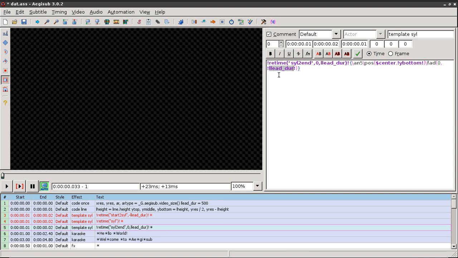The duration for the fade out is the lead duration, and no fade in. And in the start to seal, I will create a fade in but not a fade out, so the first parameter of the fade is the lead duration and 0 for the second.